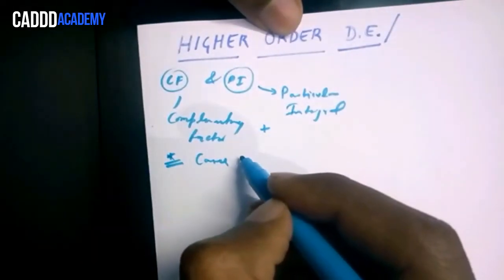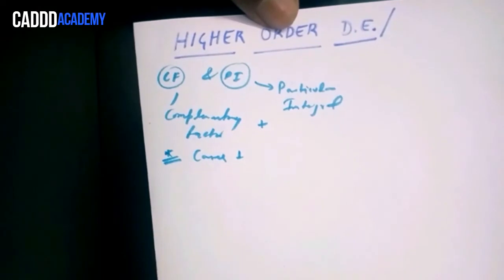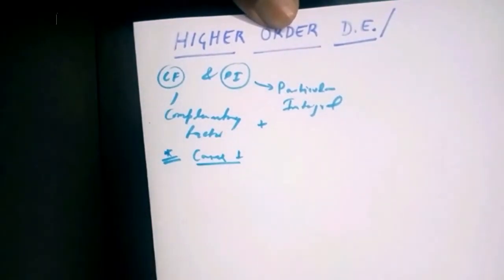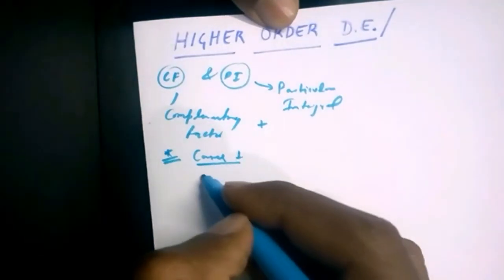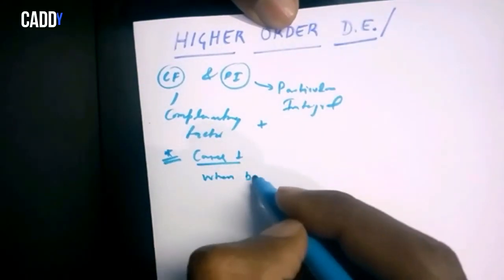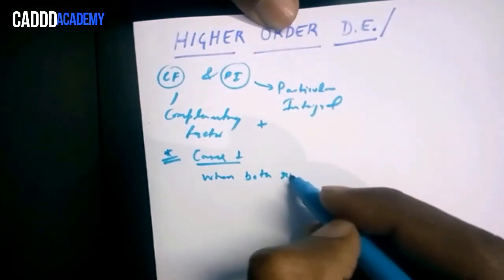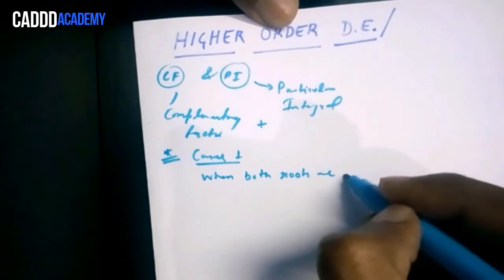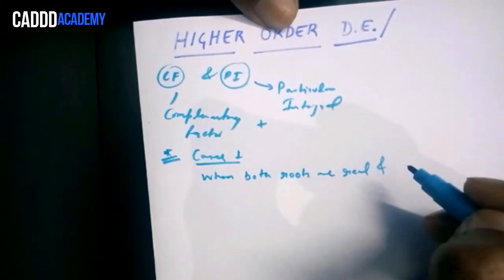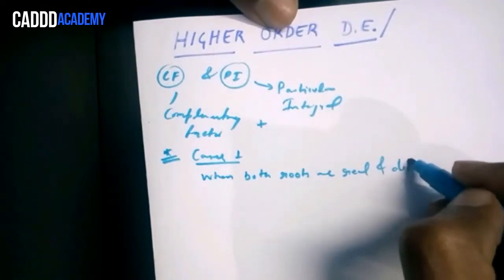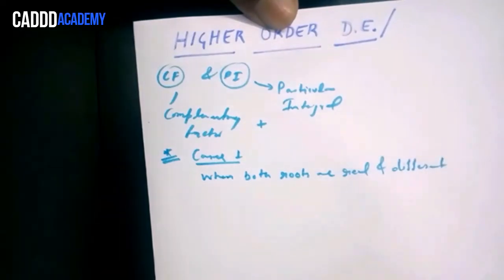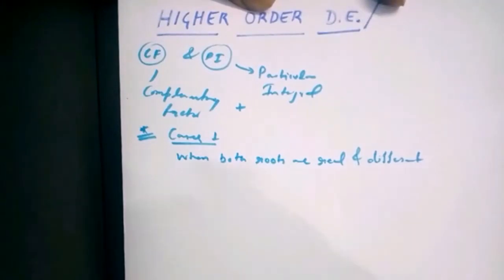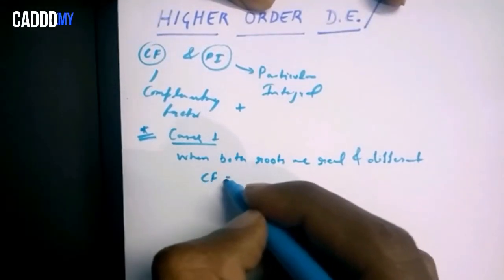Case 1: while calculating the complementary factor, when both roots are real and different, then we have the complementary factor as